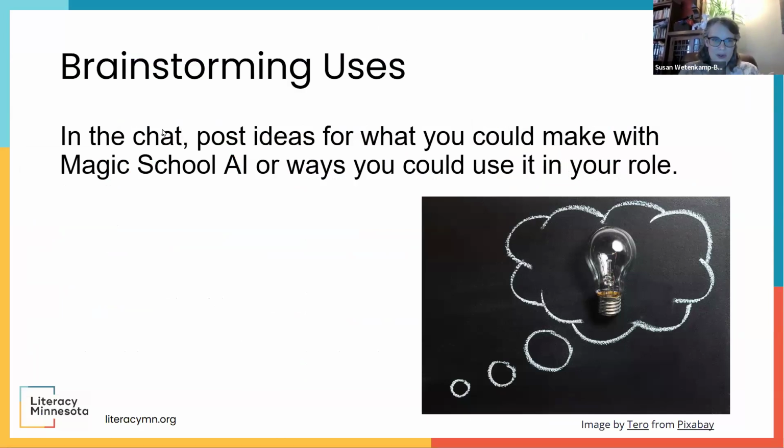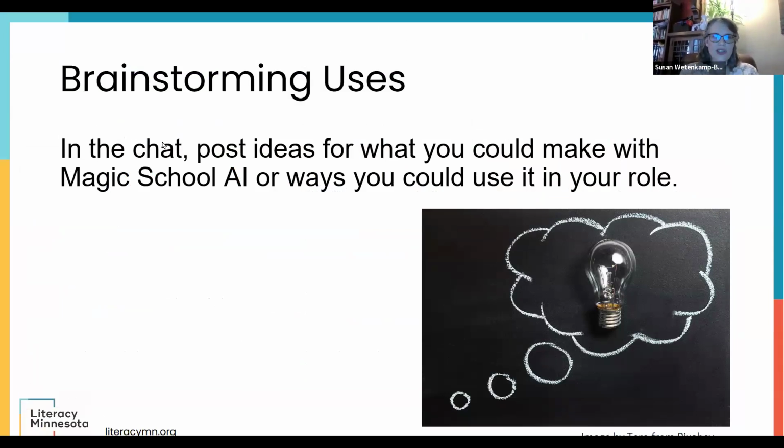So we're going to take just a few minutes and post in the chat some things that you could make with AI tools, or ways that you could try some of these tools in your program. So things that I've mentioned, how might that be helpful to you? Or things you would love to be able to do and you want to see if it can do it.